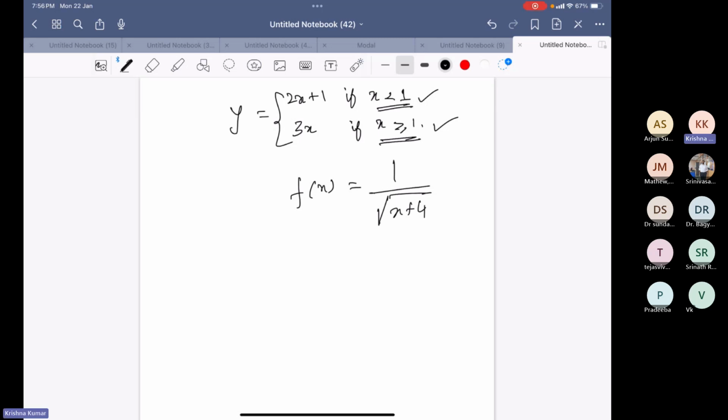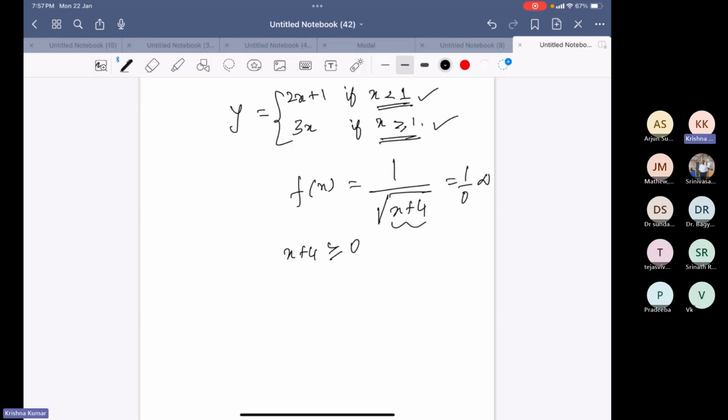Now, when x is equal to 5, I know. X is equal to 6, I know. Okay. Now, from minus 4 onwards, I have trouble. So, if I make this x plus 4 less than or equal to 0, then I have a problem. Even taking into account the fact that 1 by 0 is infinity, understanding that, I would say that x plus 4 has to be greater than or equal to 0.